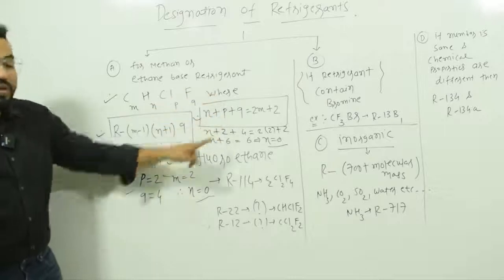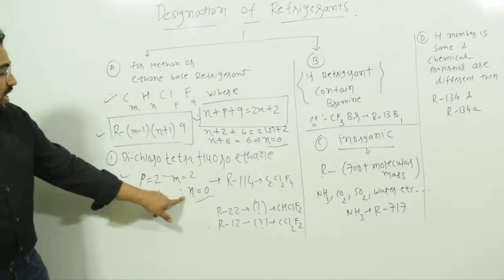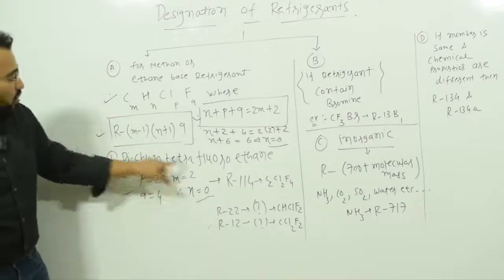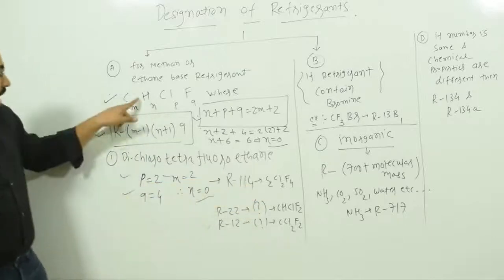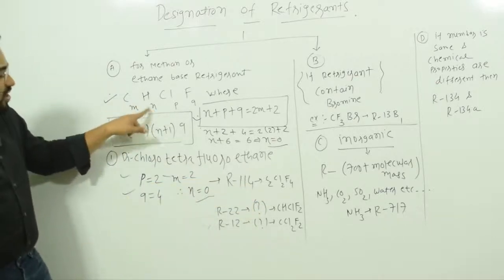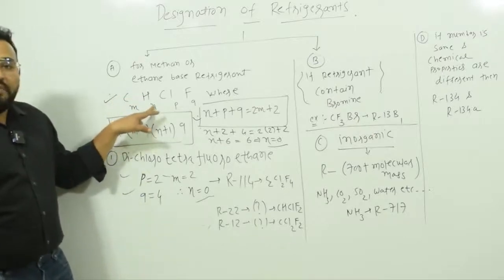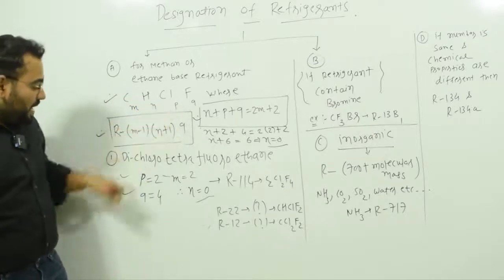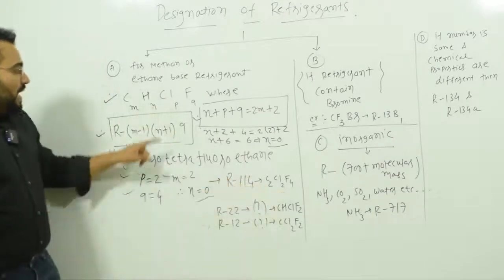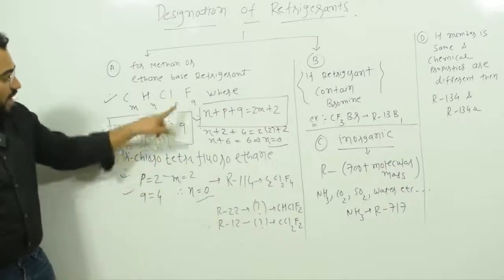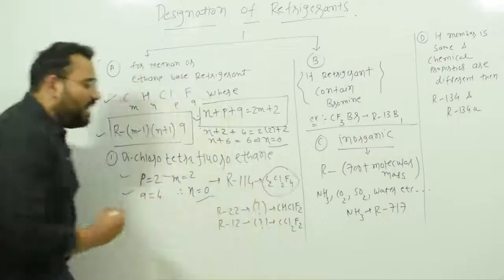So this is how we are going to use this equation. Now we have all these values, so just put them down over here. M equal to 2, so it will be C2. Then HN, N equal to 0, so H0. We don't need to write that because the hydrogen atom count is 0. Now ClP, P equal to how much? 2, so Cl2. Then FQ, the value of Q equal to 4, so F4. So C2Cl2F4, this is the chemical formula.